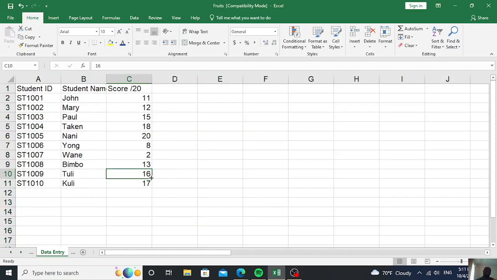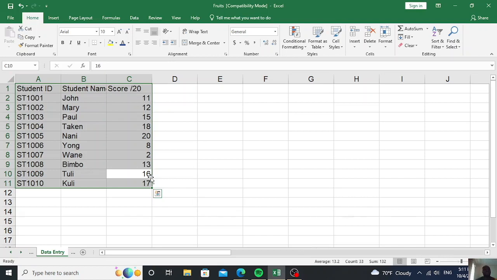If my selected cell is within the range of my data, in addition to having the same characteristic as the other empty cells, this cell has data in it. So if I press Control A, it selects just the cells with the data entered into them,